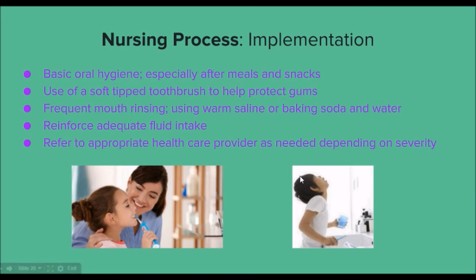The fourth step would be the implementation of any interventions that you have planned. Again, this could be the basic oral hygiene, just that common routine, especially after meals and snacks and before bed. Important to use a soft tip toothbrush to protect the gums, so that any rigid areas of the mouth won't be too damaged by the toothbrush or by the oral care that the child is